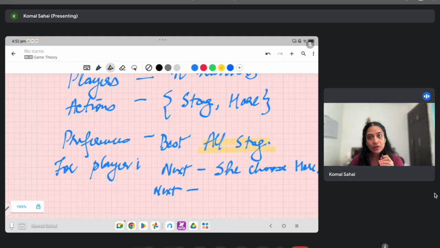But if the other players are doing anything else apart from the sole action profile where everyone else is also going for stag, apart from that any other profile, meaning one player deviating or 2 or 10 deviating, right? So the next best action is, starting from one other player deviating to n minus 1 other players deviating, the best is that she chooses hare here. Make sense? If not everyone on the other side is coordinating, then it's up to me to look after myself, okay? And the next, and you can say the worst,